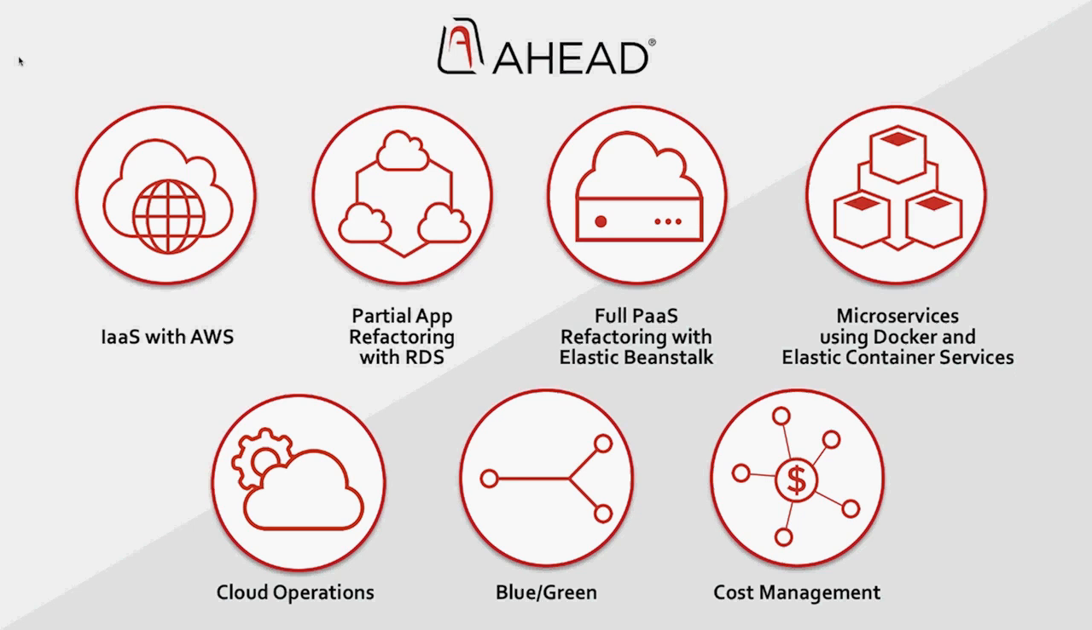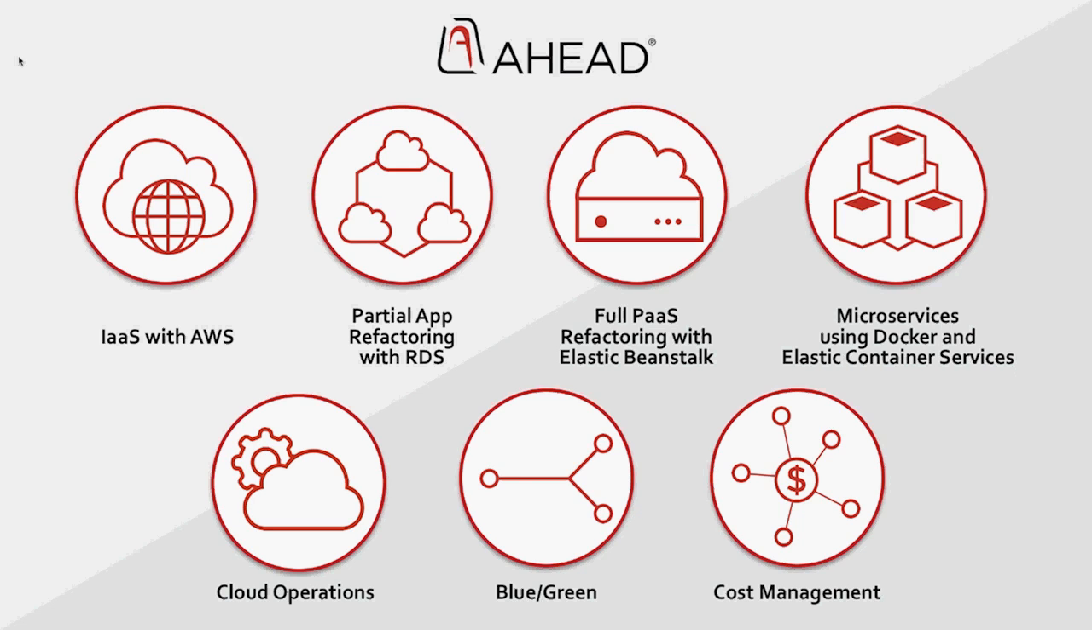circles you see here. Infrastructure as a service with Amazon Web Services, so that's how we take a legacy application and basically lift and shift it to Amazon Web Services. Partial app refactoring, full app refactoring using Beanstalk, and then we'll have a discussion around containers and elastic container services as well. One thing to keep in mind, and you may have already seen in the blue-green demo that we also have available, is all of this needs to be kept in the context of cloud operations and cost management